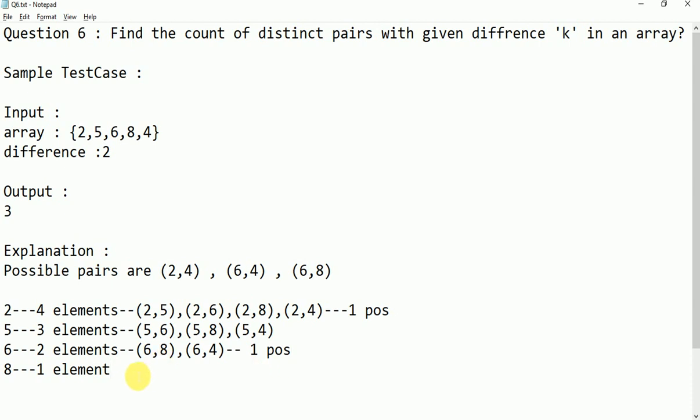And here you have two possibilities, right? 6, 8 and 8, 4, no possibilities. So 2 plus 1, so total 3 possibilities are present. So these are the comparisons happening.